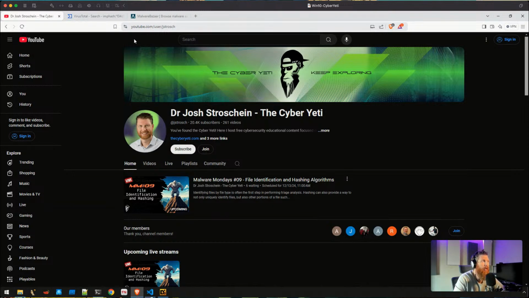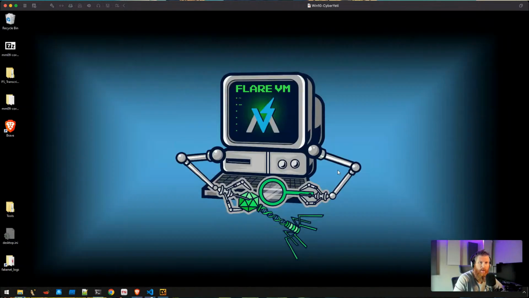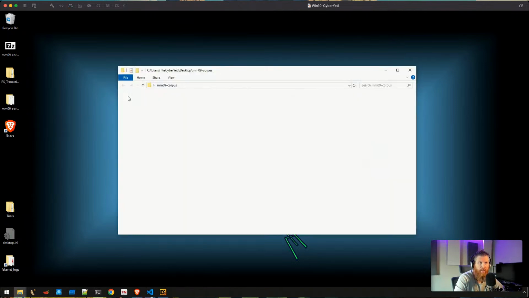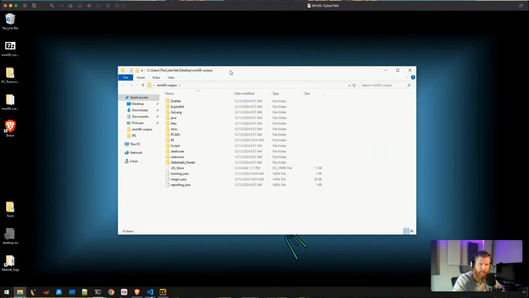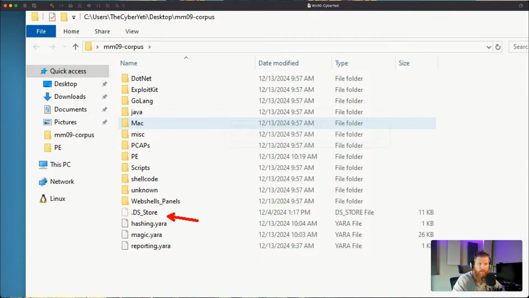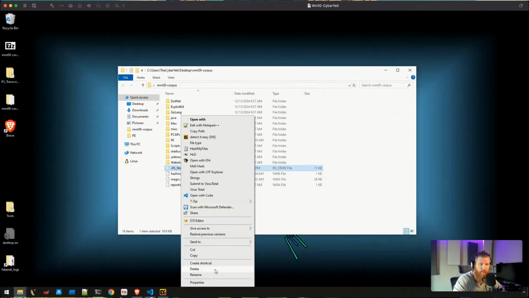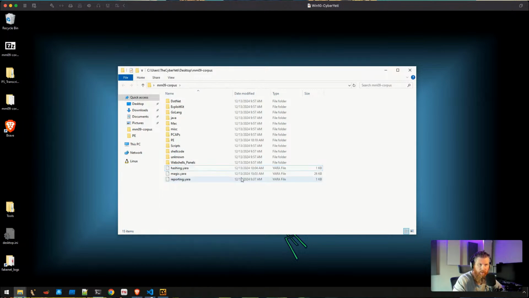All right, enough of that here. I don't really need to be in the browser quite yet, although I will be spending some time on places like Malware Bazaar and VirusTotal. What I want to start with is a folder of different files that I just randomly grabbed from my system. You can ignore this DS_Store. That's just a silly Mac artifact from copying it over. So if you see that show up anywhere in our analysis, feel free to ignore it.